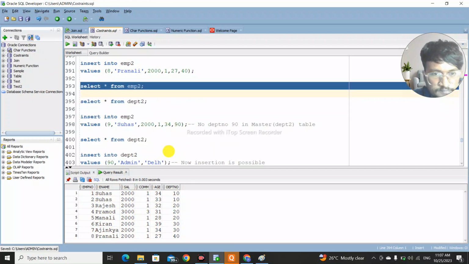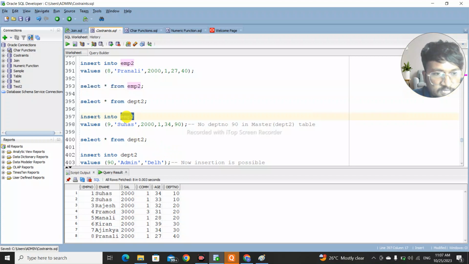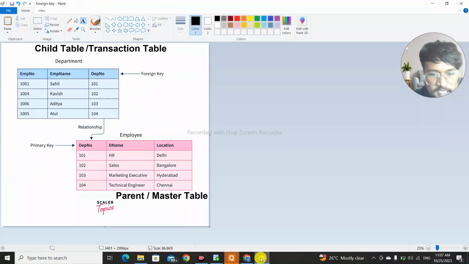Now, what if I want to insert into my child table department number 90, which is not present in the master table? Let me take you through the pen. As we have connected this child table with the master table, you can see here department number